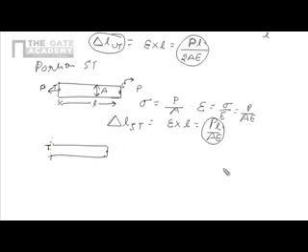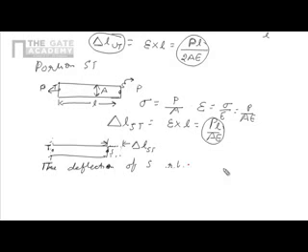This is an assumption that the point T is fixed and point S moves by this much distance, which is delta L of ST. So point S moves by delta L ST with respect to point T. So the deflection of S with respect to T is equal to delta L ST, which is nothing but